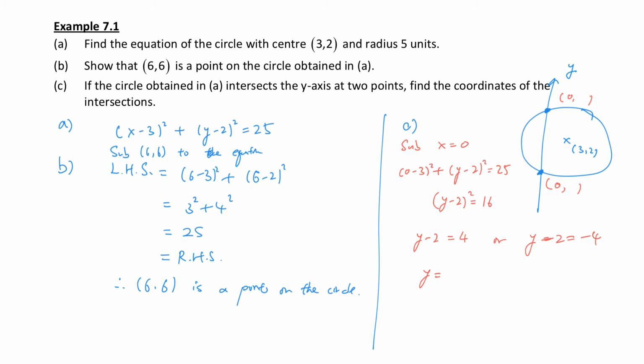So y is equal to 6 or y is equal to negative 2. Remember, because I need to find the coordinate, so the required answer, you need to write down the coordinate. It's (0, 6) and (0, −2). You may finish exercise 1